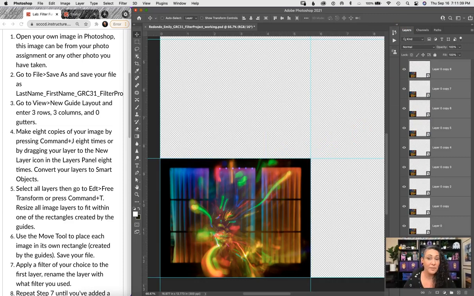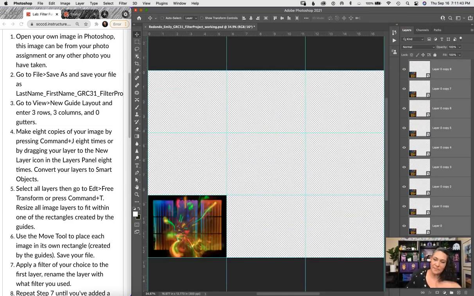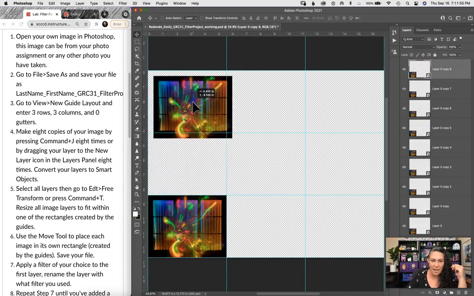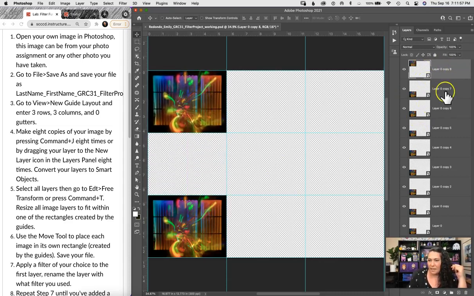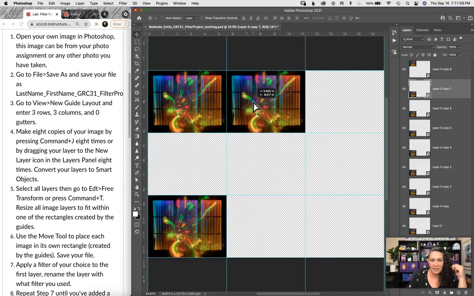All right, let's go ahead and zoom back out a bit. I can hit Command minus a couple times, or I can hit Command 0 and it's going to fit to the screen. So now that I have all of these, I need to select one by one, and I'm going to move them to the different spaces here. So this first one, I clicked on this layer here, and I'm going to click and drag. Now moving on to the next layer,